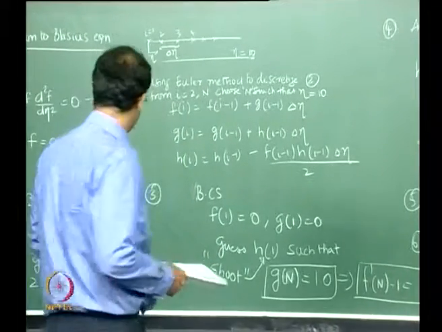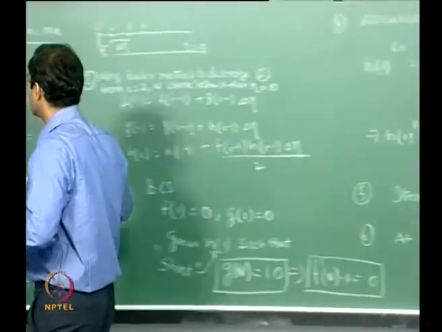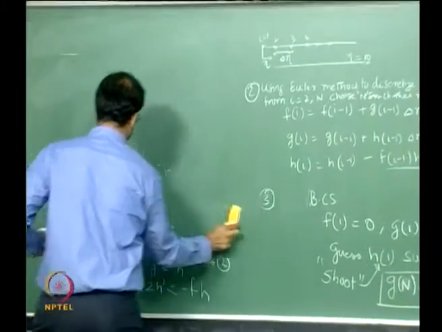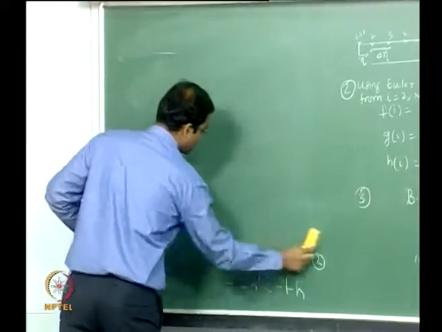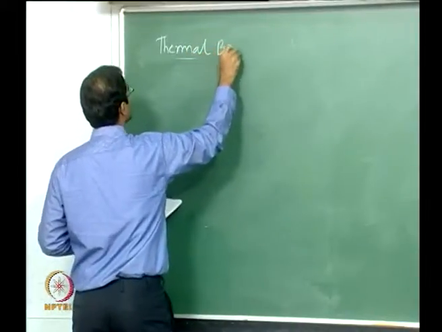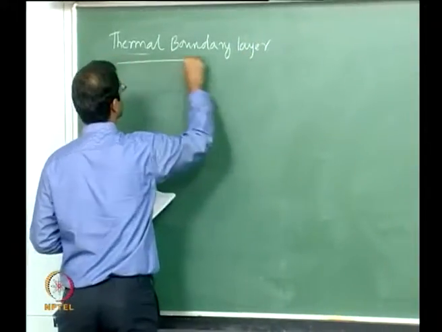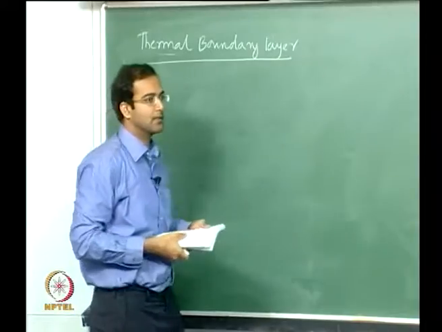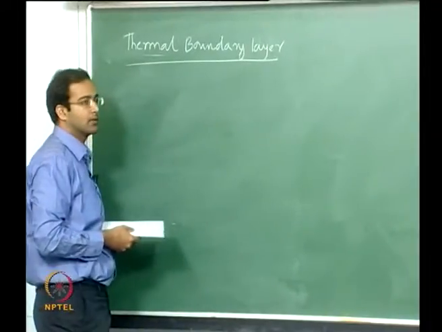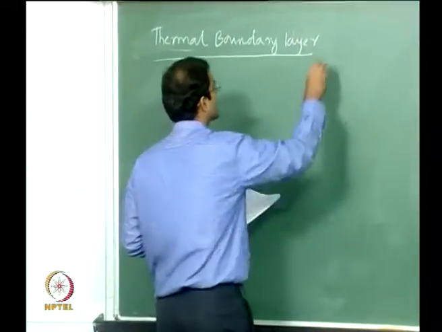Okay, so next we will move on to the thermal boundary layer. I think we have spent enough time on the fluid mechanics part. So we will look at the solution to the heat transfer problem. Okay, so Blasius did the flat plate solution for only the fluid hydrodynamics and stopped there. It was Polhausen who extended the solution, the similarity solution, towards heat transfer. So this is also called the Polhausen